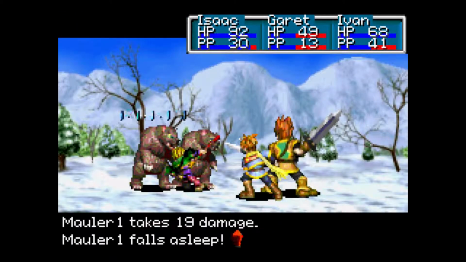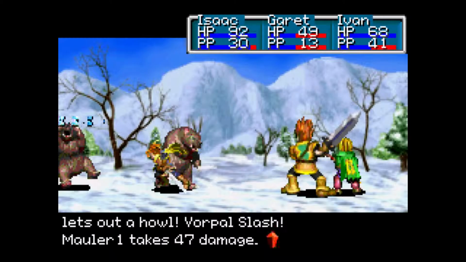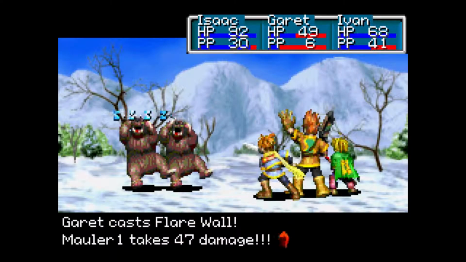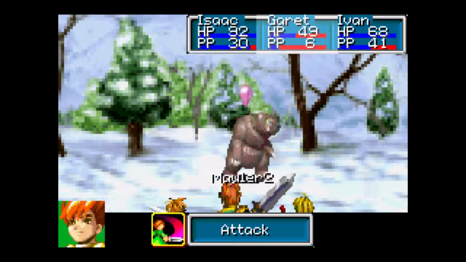Okay, so Merc is wind, not water. And as you can see, one of the nice things about the magic rod is that it can put enemies to sleep. Oh, apparently the Elven Rapier is also wind. Which I suppose maybe makes some kind of sense, but...